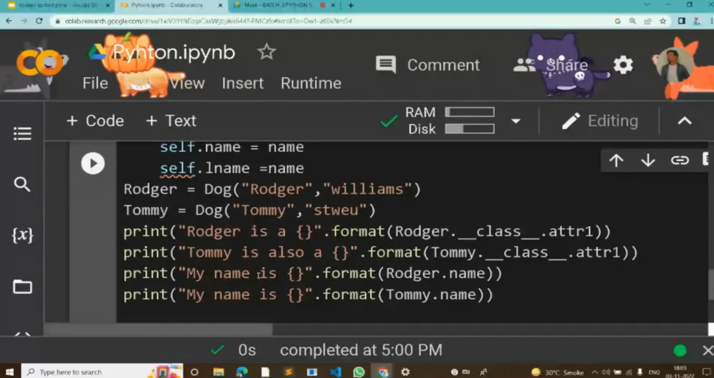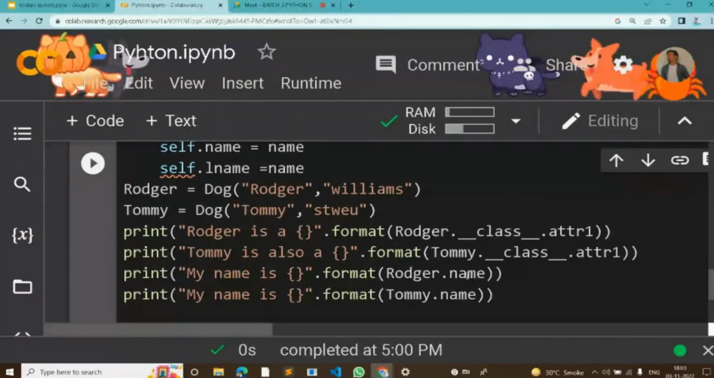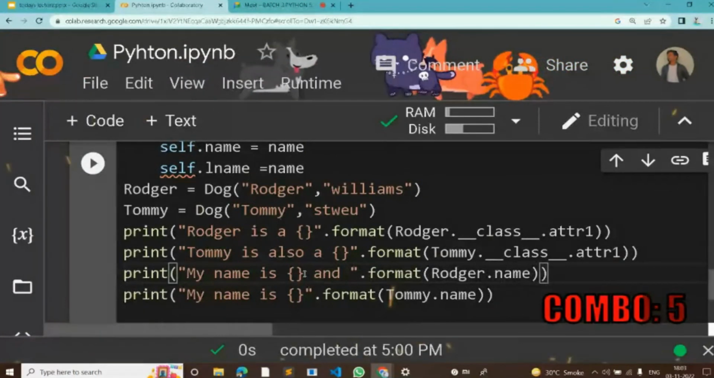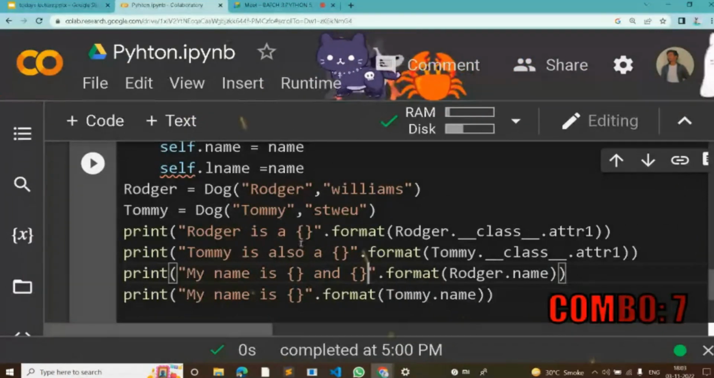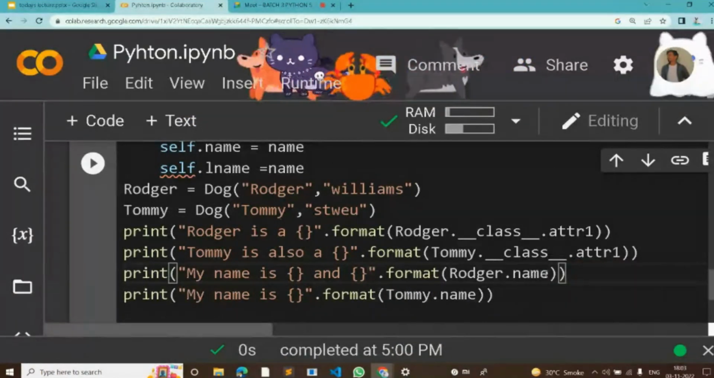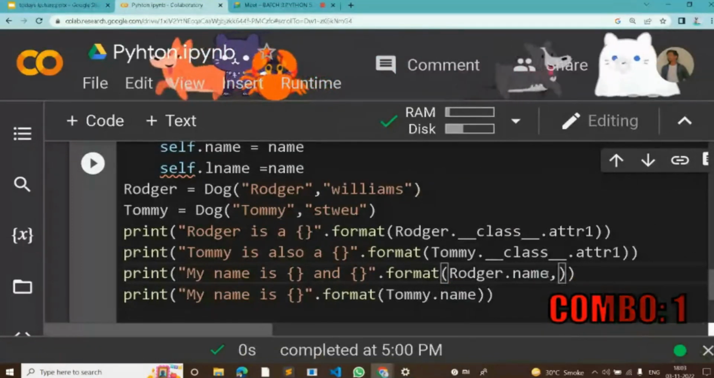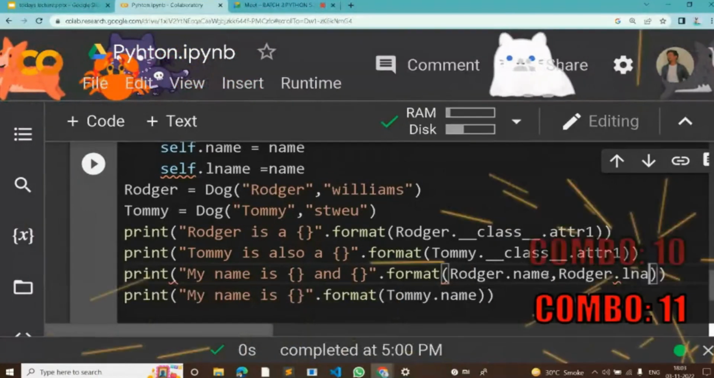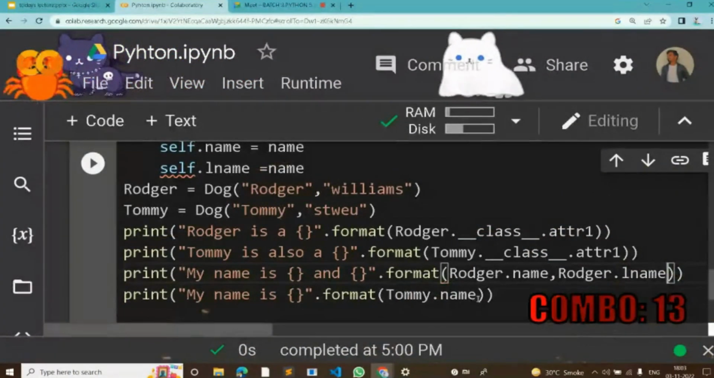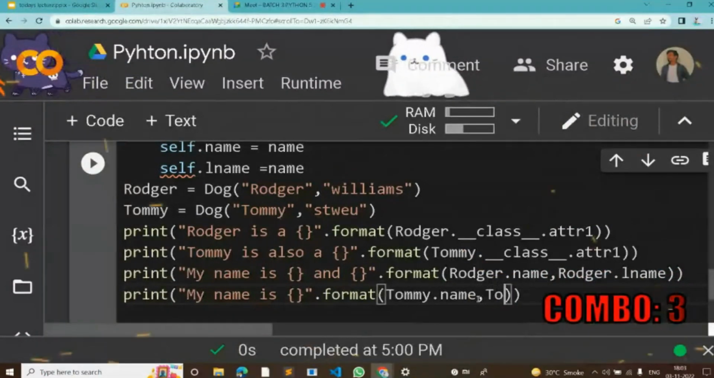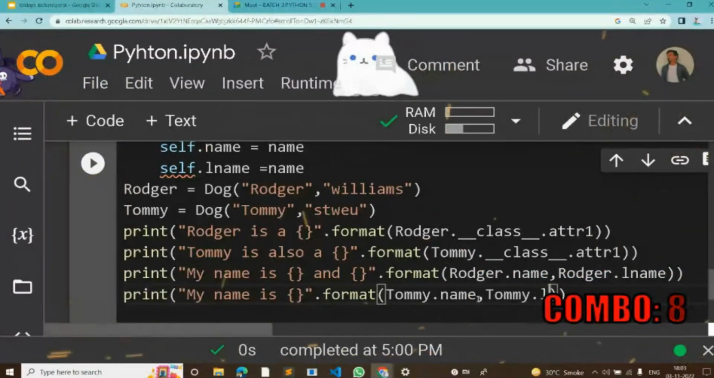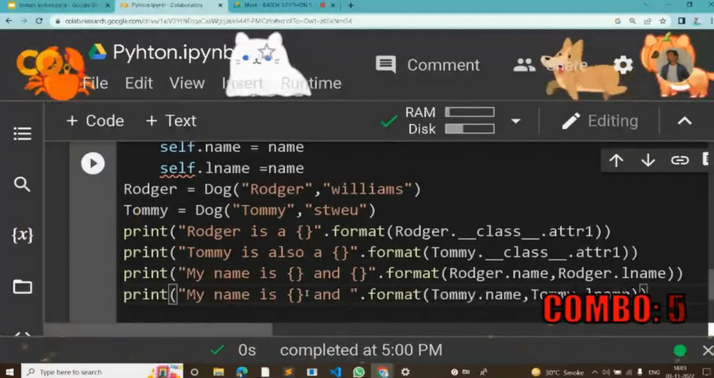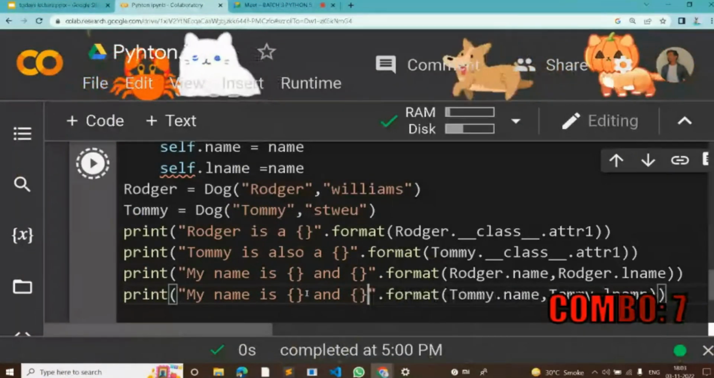And when I am printing my name is, with dot format Roger dot name, over here also I have used the curly braces for the name, and with a comma I am creating the Roger, which is my class. Dot is for the reference, and L name is the second argument. And over here if I am calling this, it is like Tommy dot L name, and I have to use this over here also. So it will print